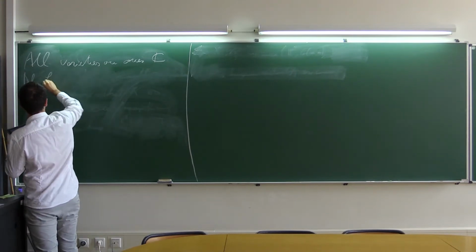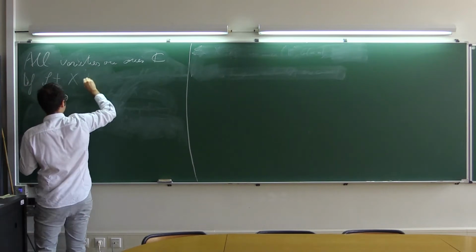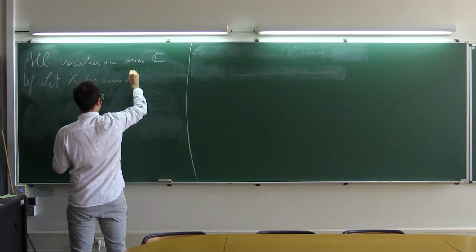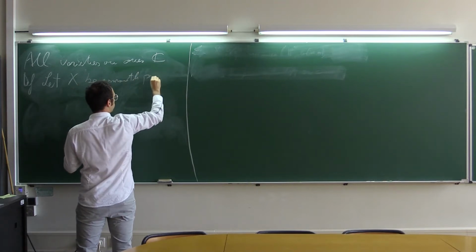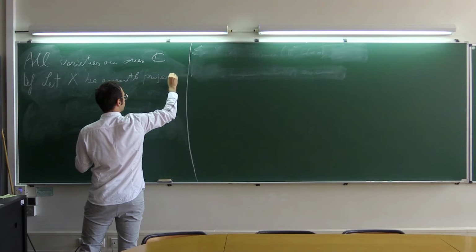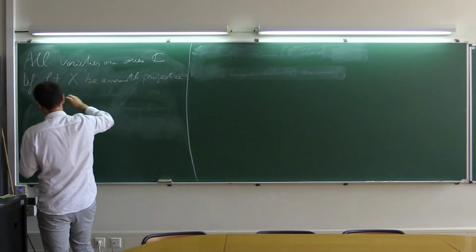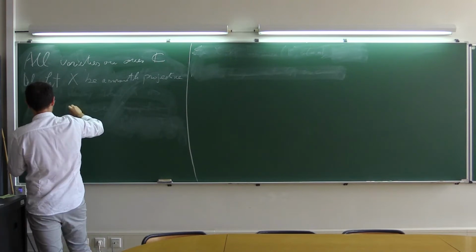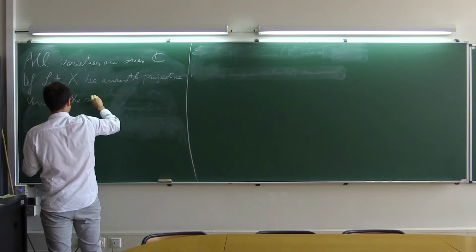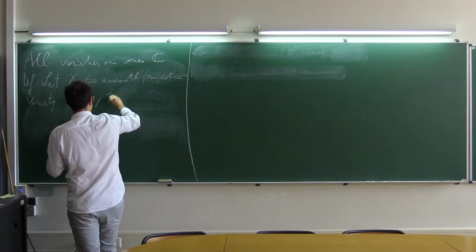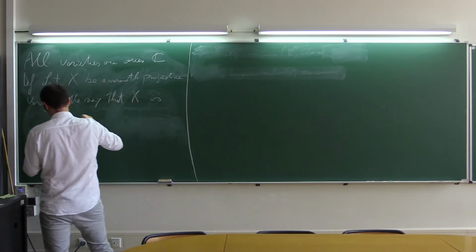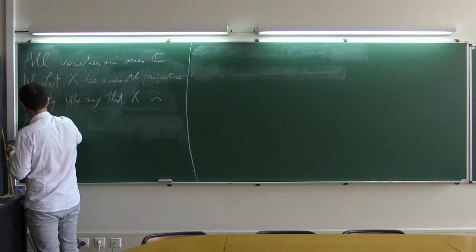So let X be a smooth projective variety. We say that X is convex